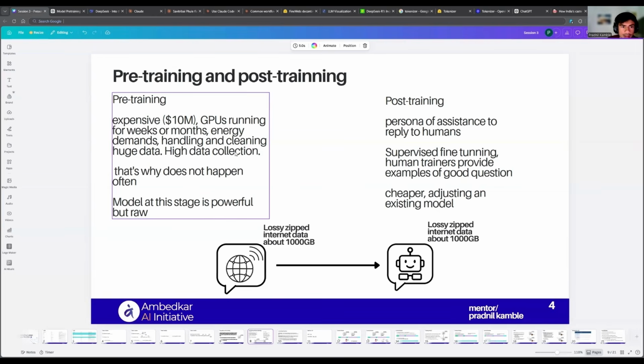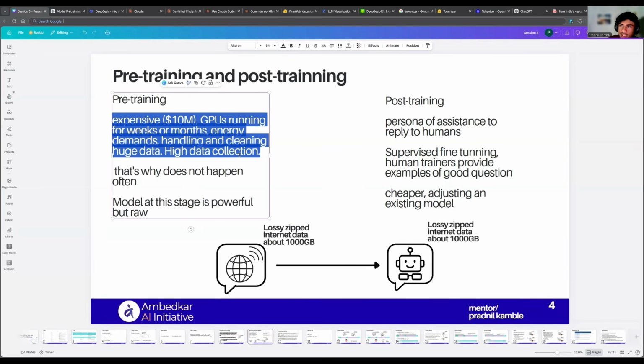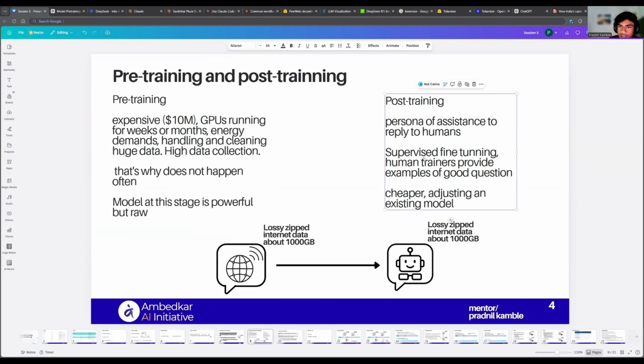So now we know about pre-training. But as I said, what do we now do? How can we create our model as an assistant that can help us? We do that by something called post-training, which is after the training. Here you try to teach the model the persona of an assistant to reply to a human being. So here you feed the model with more data, which is mostly human made or human tailored. And you teach the model that whenever there is a question in so and so pattern,